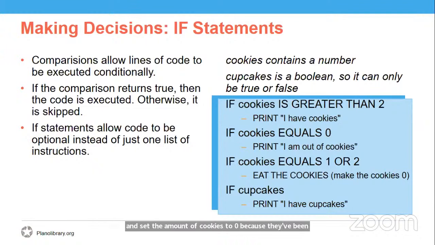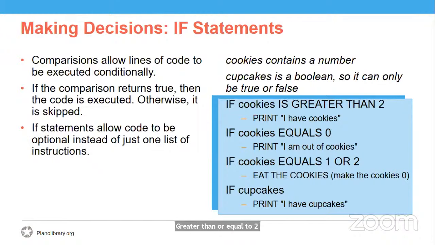And then because cupcakes is a Boolean, you can just go if cupcakes, and then if it's true, it'll print I have cupcakes, and if it's false, it will print nothing. These are all separate if statements, so they don't have any effect on the one before or after it. The way that they're set up, there isn't any overlap, but if we change the first one to greater than or equal to 2,